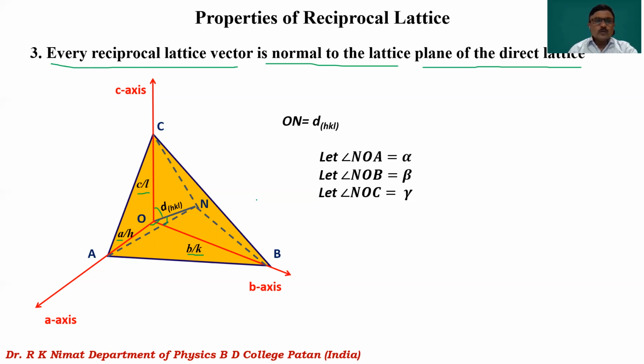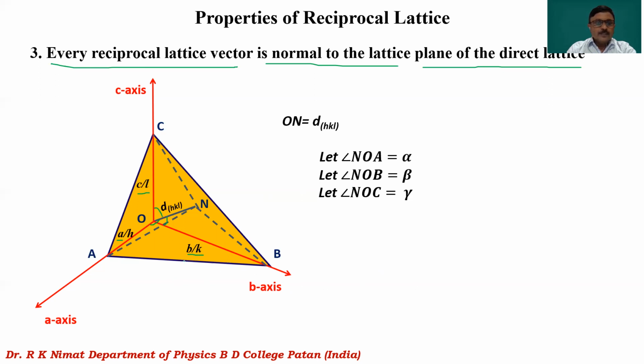Now what we have to show? We have to show that if you consider the reciprocal lattice, there will be a reciprocal lattice vector of magnitude 1 upon d_hkl, and that reciprocal lattice vector will be along the direction of ON. We have to show that the reciprocal lattice vector along the direction ON is perpendicular to the crystal plane ABC. For that, what we will do, we will take this